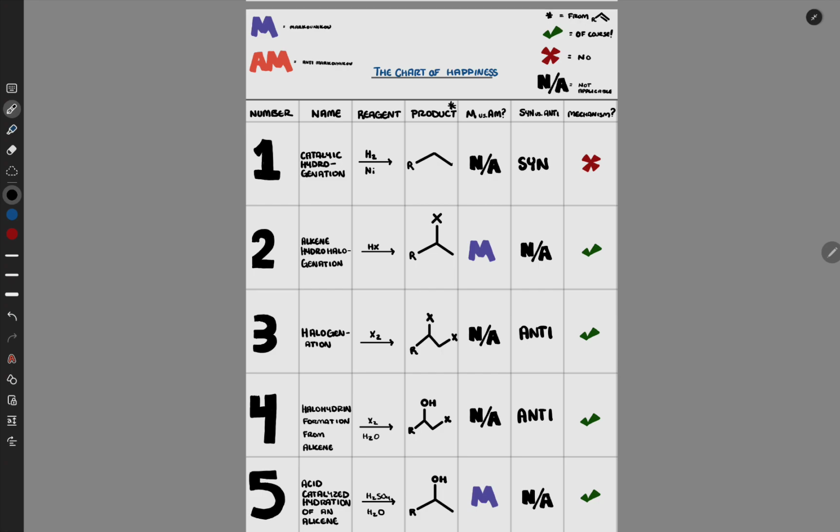This just has to do with the Markovnikov addition and anti-Markovnikov addition. Markovnikov is the addition of something onto an alkene at the more substituted position. And then the anti-Markovnikov is an addition of some kind of molecule onto the less substituted position. So there's less carbons attached to the